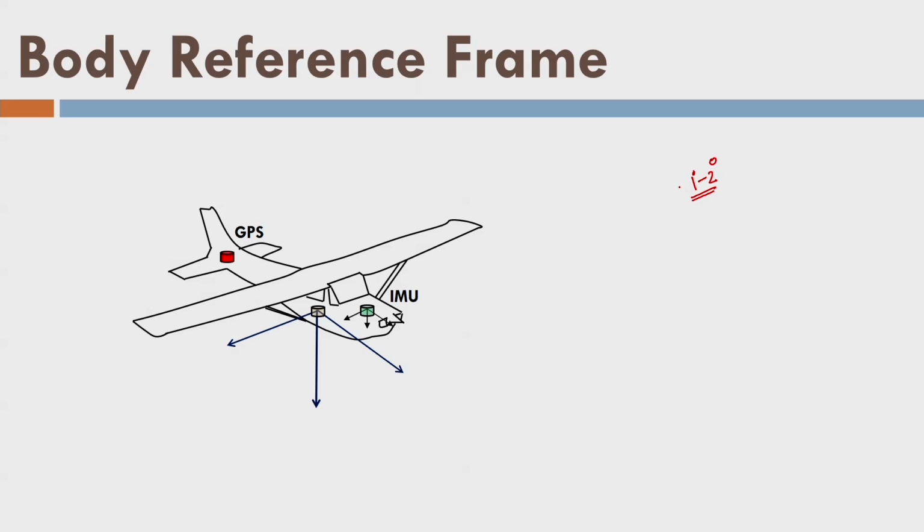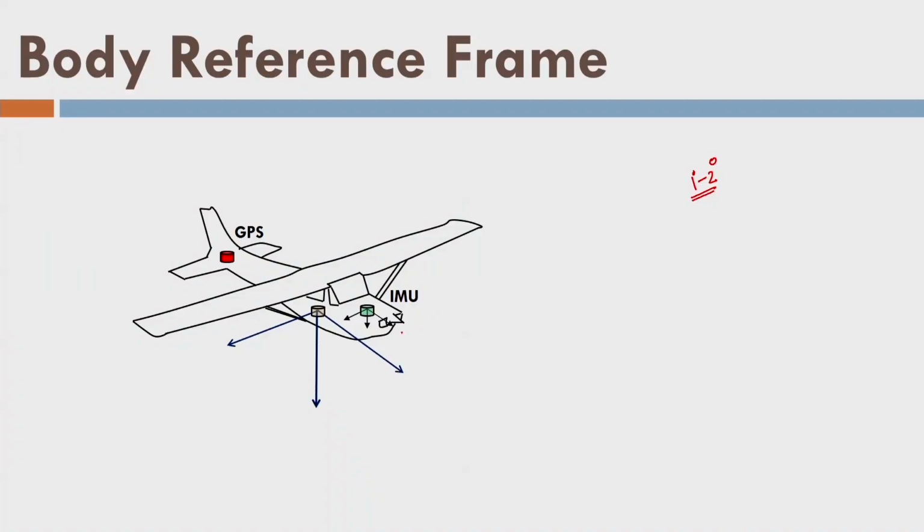One thing about IMU we should understand: when it is set up in the aircraft, it is put in the switch off mode. What is switch off mode? It is turned off, it is not turned on. As a result, when it is commissioned in the aircraft, it is indicating the X direction in the nose of the aircraft, and Z direction here, Y direction here.